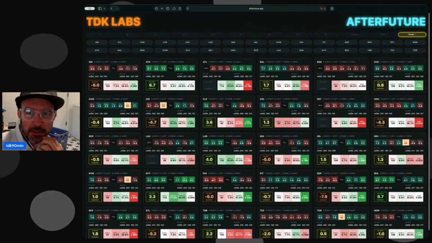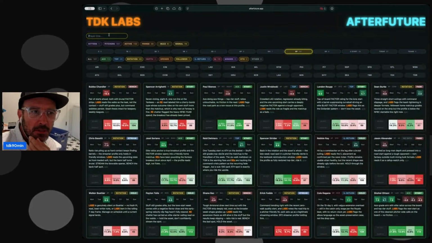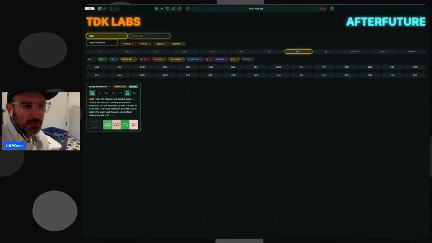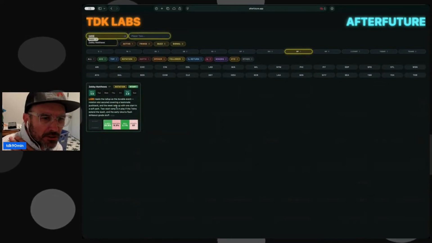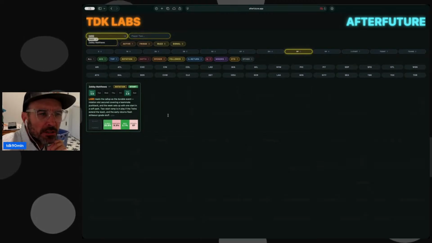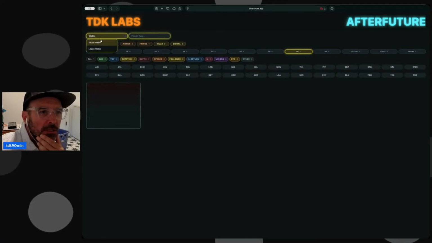It reminds me, I want to look at my guy right here that I want to put in my lineup. My guy Zebulon. Let me see what it says about Zebulon. Call-up as a durable event. Rotation spot secured, covering a teammate pushback. And the week sets up with one start in a soft park. Two-start ramp is in play if the Twins extend the leash. And early returns flash strikeout. Great stuff. I'm liking Zebby. Let me get that Zebby back in there.